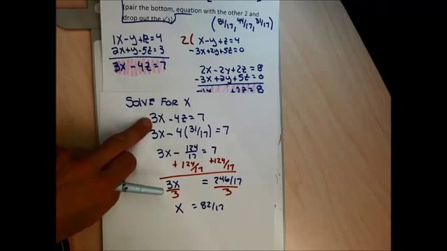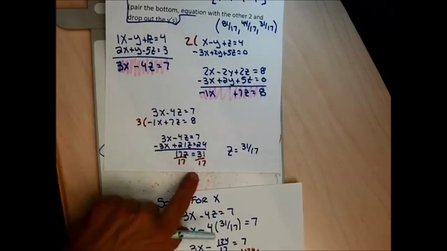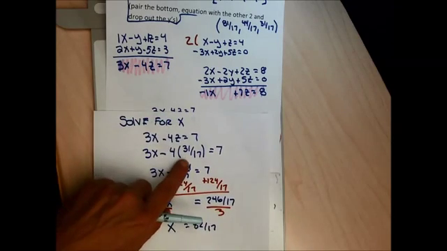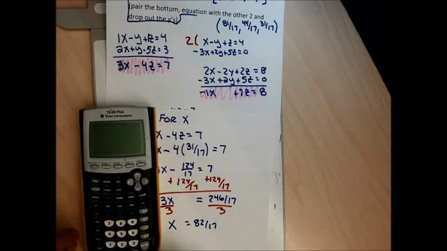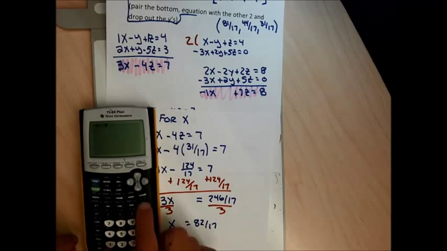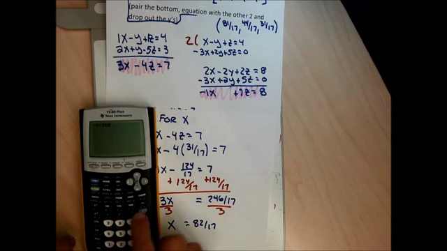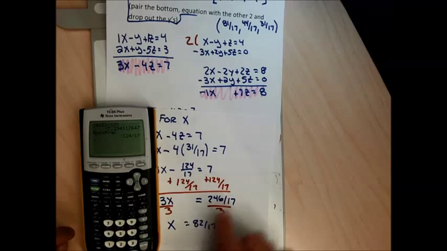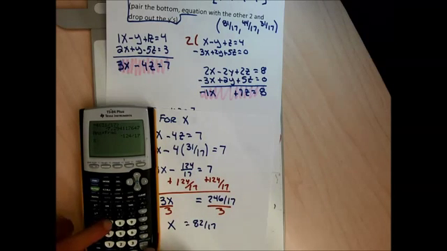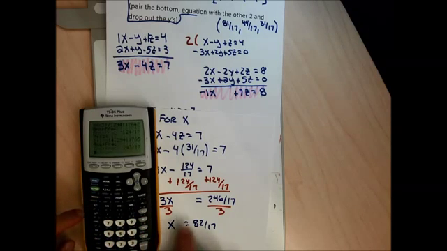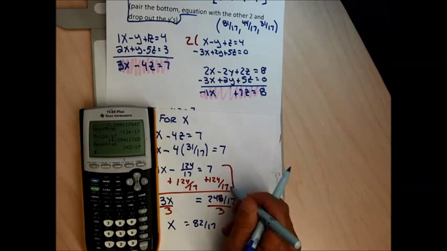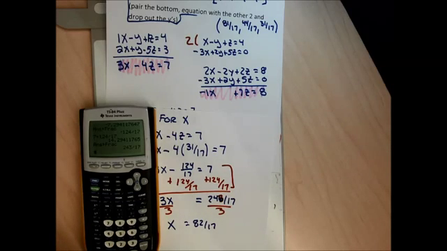I feel like this is okay. So I got the right answer for z. So I should be able to use 3x minus 4z equal to 7. I plugged in 31 over 17. I did minus 4 times 31 divided by 17. Math, enter, enter, and got 124 over 17, which I added to both sides. So I go 7 plus 124 divided by 17. Math, enter, enter. I get 243 over 17. I don't know what I did wrong right there, but when I did this adding on my calculator, I just made a mistake. So this is supposed to be